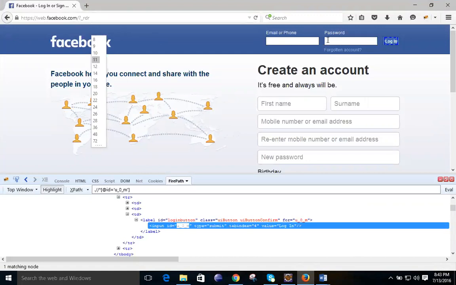For logging in, we require the email or phone number in this field and the password in that field. Then you click on this login button. If your details are correct, it will log in; otherwise it will give you a failure message. From your script, you can easily give a single user ID and password.